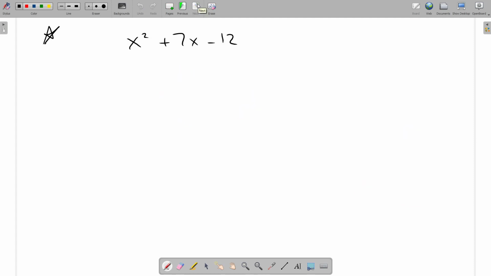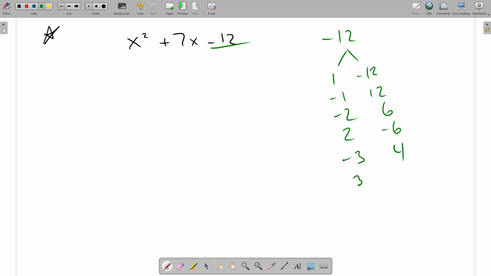I do have a bonus example that I want to look at. We're going to start it exactly the same way. Negative 12. What are the factors? Well, positive 1, negative 12, negative 1, positive 12, negative 2, positive 6, 2, negative 6, negative 3, positive 4, 3, negative 4. Now that we've listed out every single possible factor of our C term, and if we add all of these together,